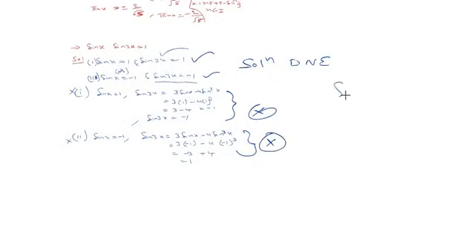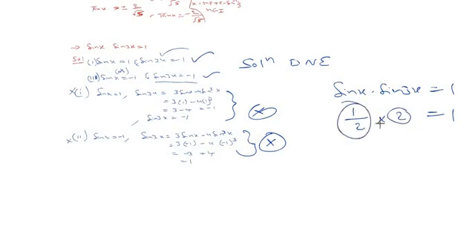Why? Because consider sin x into sin 3x, we need 1. If one factor is less than 1, the other one should be more than 1 to make the product 1. But sin x more than 1 is impossible, and sin 3x more than 1 is also impossible. So that's why other than 1 into 1 or negative 1 into negative 1 there are no other cases. I think it is very clear for you. Once go through the solution.